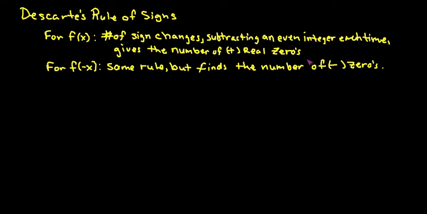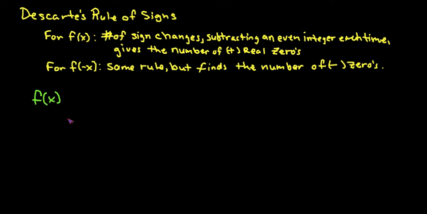To find the negative real zeros, same situation, except I'm going to substitute everywhere there's an x in my polynomial with the opposite of x, simplify that, and then do that rule all over again. And that's going to tell me how many possible negative zeros there's going to be. So easiest way to do this one is let's just take a look at this situation. So if this is our polynomial,